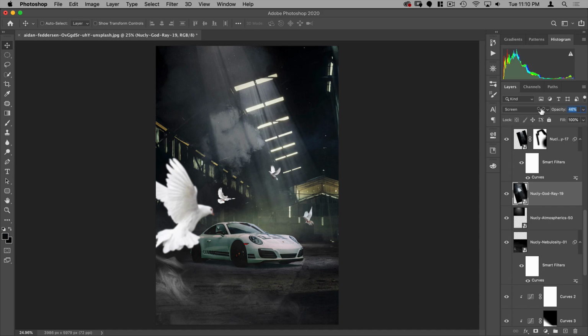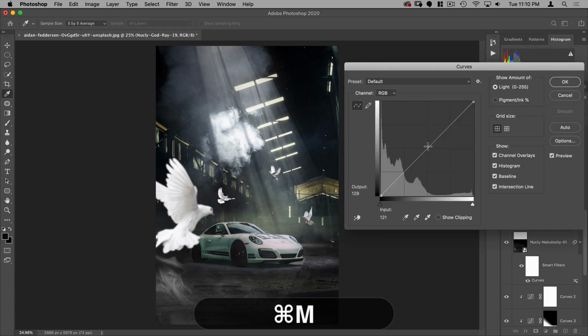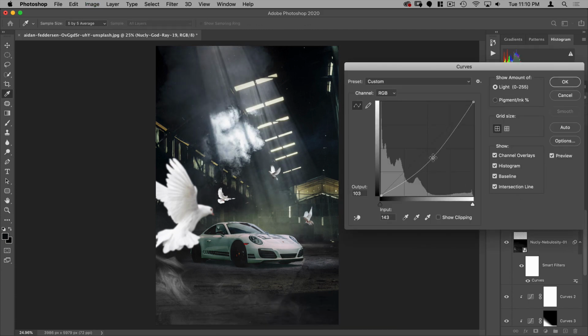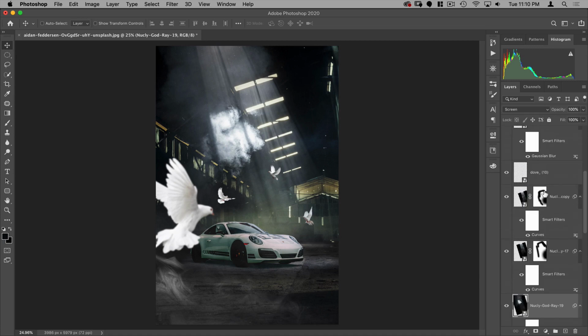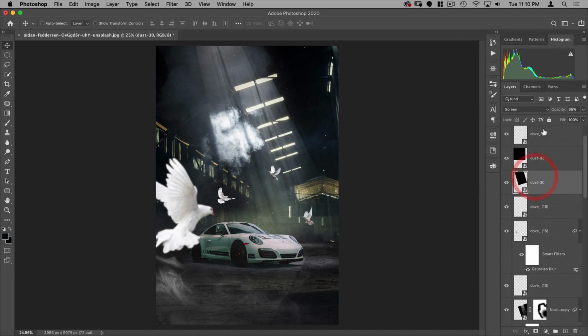And if I take the opacity down, you get this kind of gray look. So rather than taking the opacity down on this, I'm actually going to add a curve and just bring the curve down. And that'll darken everything. But because my white point is staying unchanged, the white of the cloud won't actually change color. And now you can see our dust is definitely too strong. So let's take that down as well.